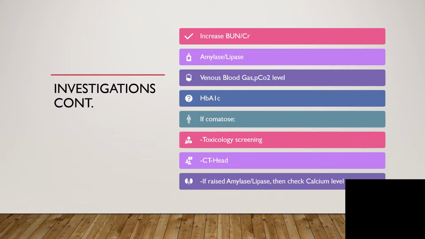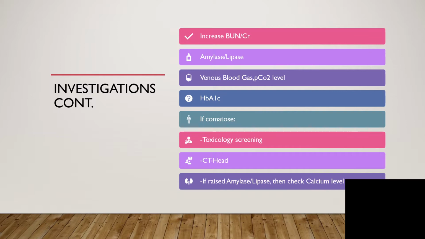Still on investigation, we're going to check blood urea nitrogen and creatinine that will likely be high. Amylase and lipase, because sometimes the pancreas could become affected with pancreatitis, so the level of amylase and lipase will give a clue that there's a problem with the pancreas already. Then venous blood gas with the level of PCO2 is very important. Hemoglobin A1C, yes, it's expected to be high, but who knows if the problem is within a short time and the individual has been controlling the glucose level very well before, but just missed within a few days, then hemoglobin A1C might not be that significant at this level, because hemoglobin A1C is a function of about 3 months